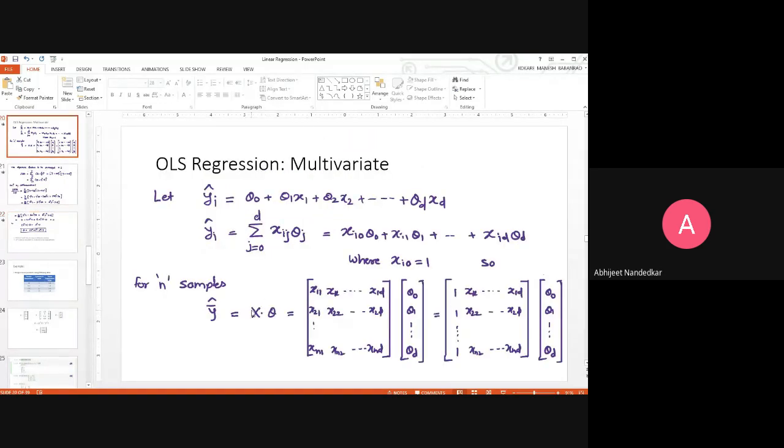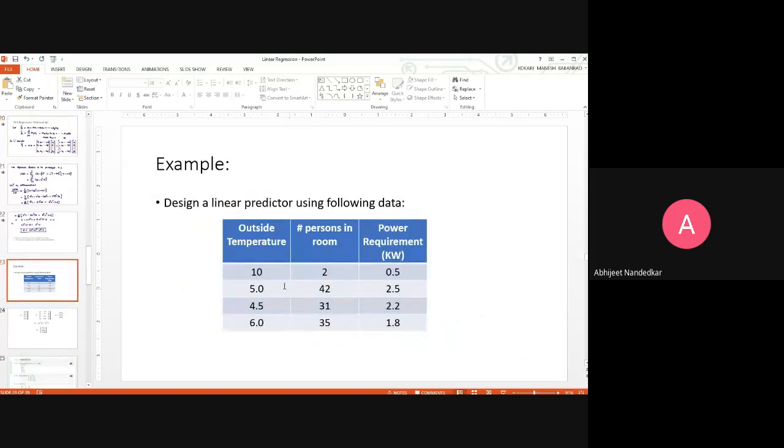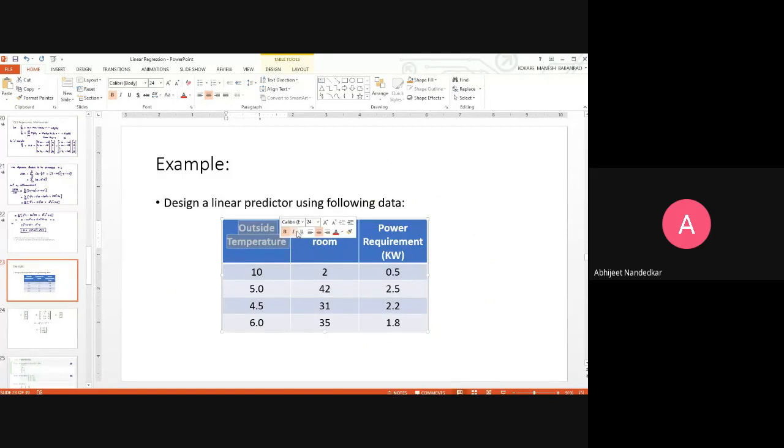So this is my X matrix, where X matrix is collection of all training samples. Okay, X is collection of all input actually from training sample. So in this example, the outside temperature and number of persons in room, these are input variables. So output depends on, I can write here, output depends on,